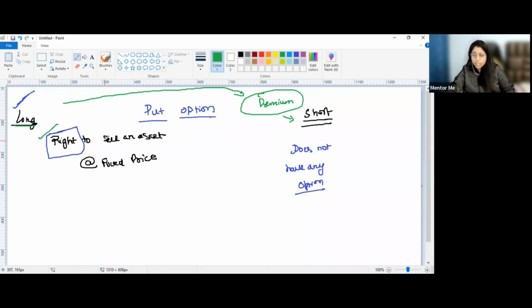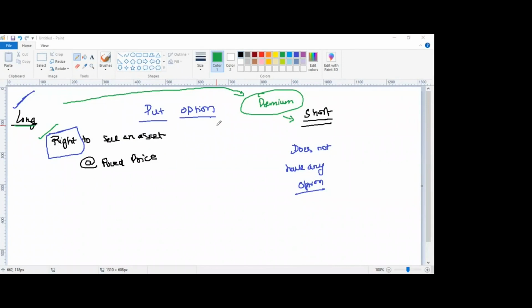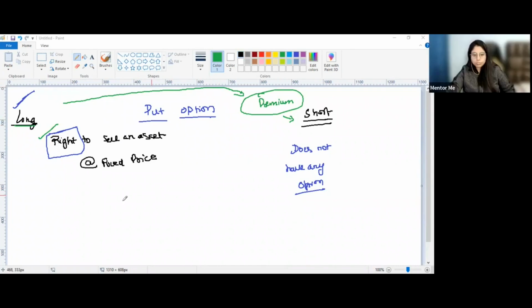Now let's consider the expectation and payoff of the long party and then the short party. So if we talk about it from the perspective of, just a minute. If we talk about it, you can see my whiteboard. Yes, ma'am. Okay. So from the long party perspective, what is happening here is,